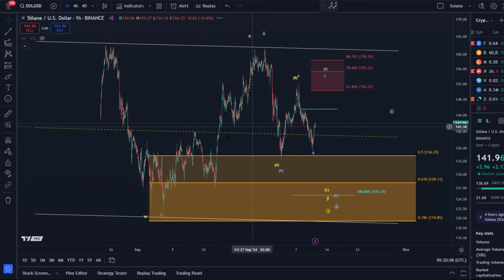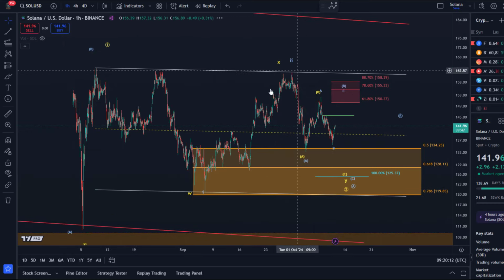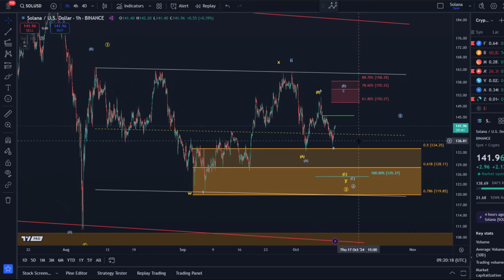Overall, though, there is not yet any clear confirmation that we are really breaking out, because we are still in this sideways range. And overall, you could see this just as noise. We're just moving in the center of this price channel. Can you see the price channel? It's nearly a parallel price channel, but it's pretty much a horizontal price range that we're